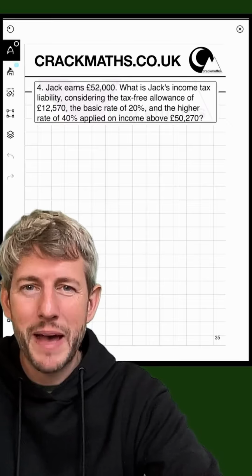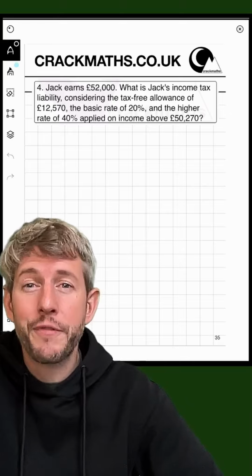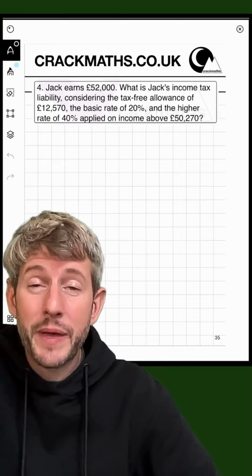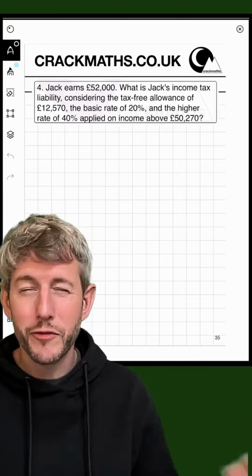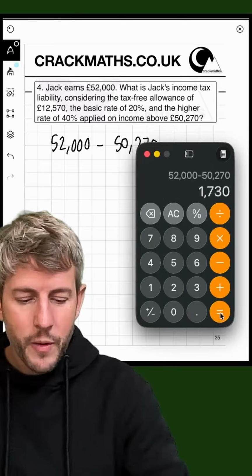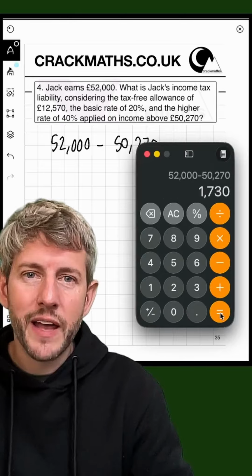So what we need to do is work out how much of this £52,000 is being taxed at each amount. First of all, I'm going to tackle the 40% on the stuff above the £50,270. So £52,000 minus 50,270. So we're going to type in 52,000 take away 50,270. So he is going to be paying 40% on